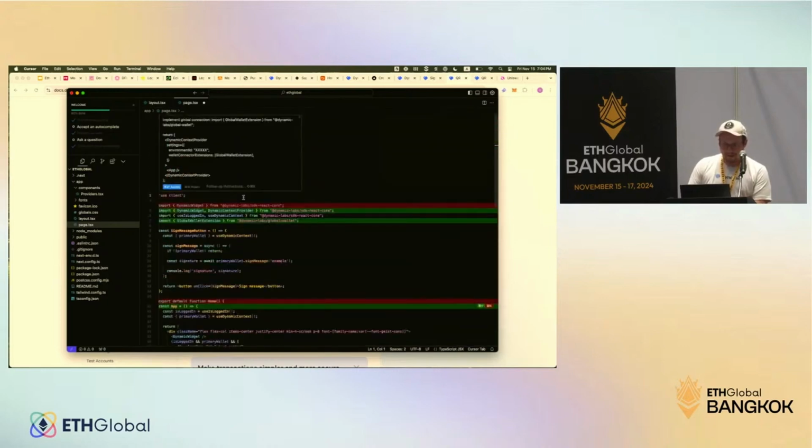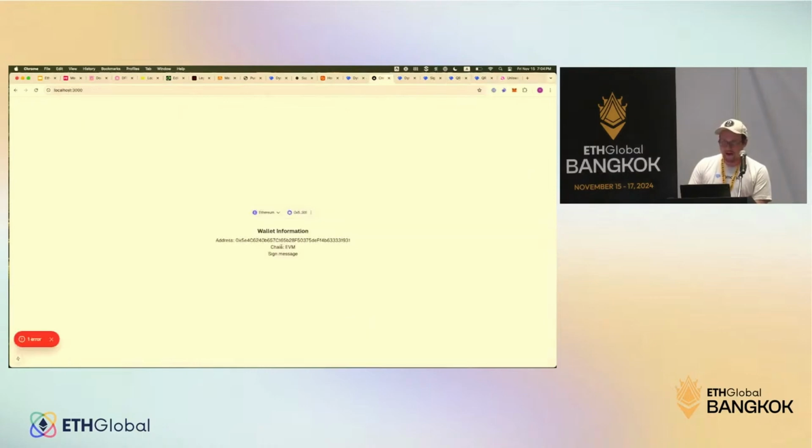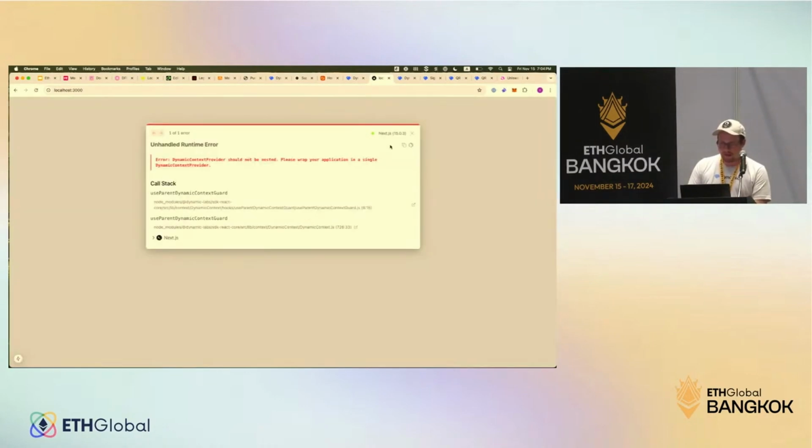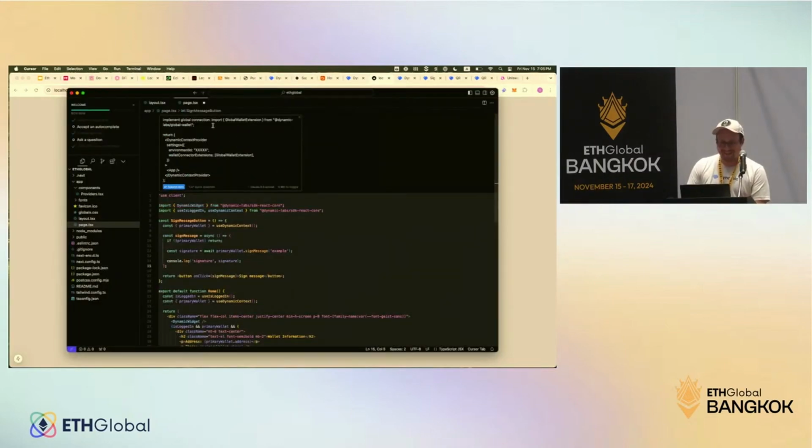So I'll submit this, and it should import this. Bear with me for a second. I think let's hope for the best. Let's refresh. Oh, hold on. Oh, no, this is not going to work. I'll do it the old-fashioned way of actually doing this. So let's import